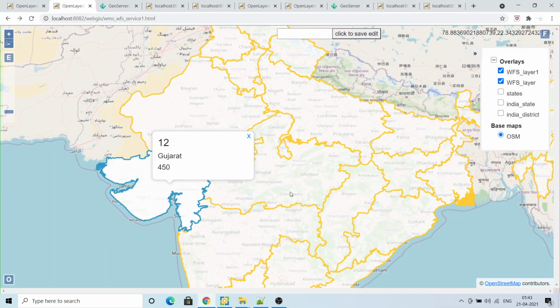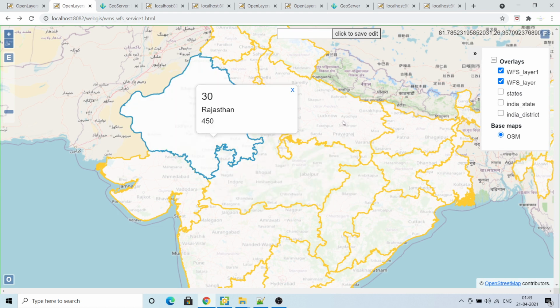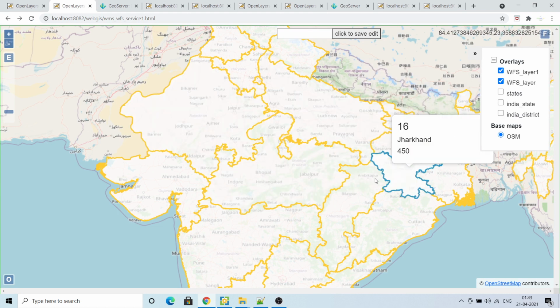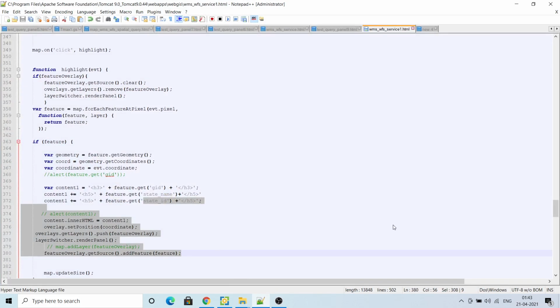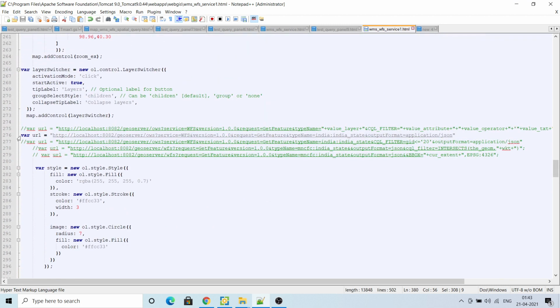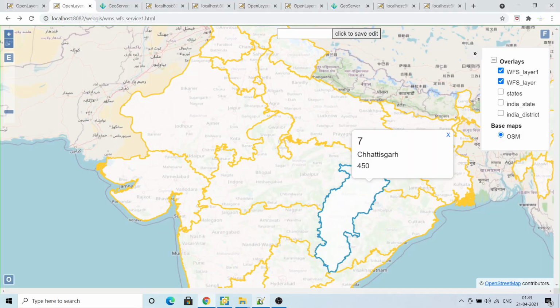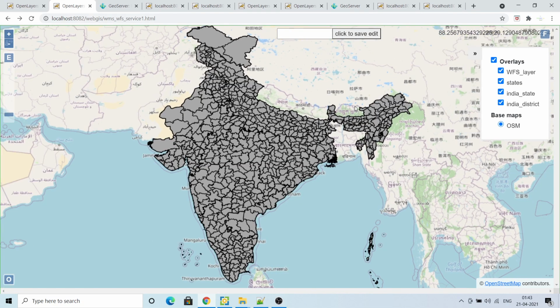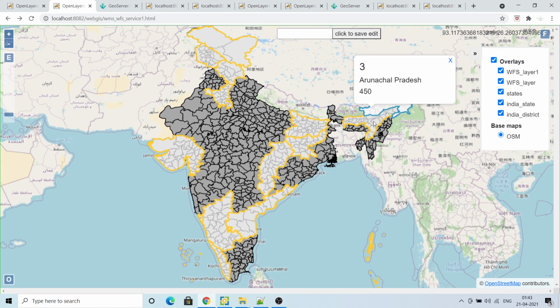As you can see, if I'm clicking anywhere, it is giving 21, 30, the name of the state and this thing. So you can fetch anything. Okay, so this is using the WFS. This is one example of WFS. I'll show you, you can even filter this. In this, you see, after the India state there is an SQL filter, GID is less than or equal to 20. So wherever the value of the GID attribute is less than 20, it will load the feature. If I again refresh this, you can see only a few features will be loaded. It has filtered the features.